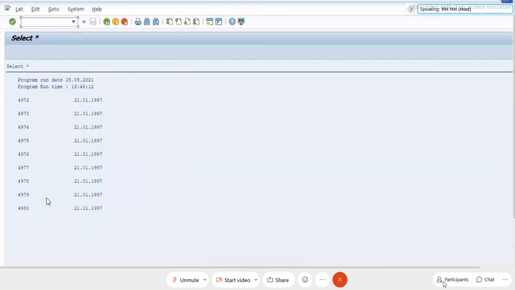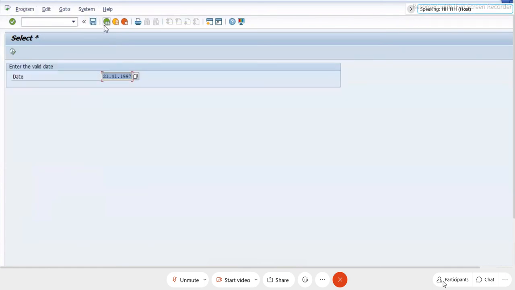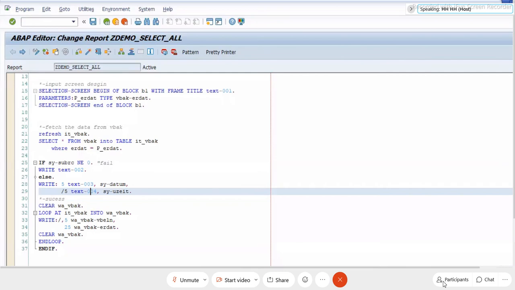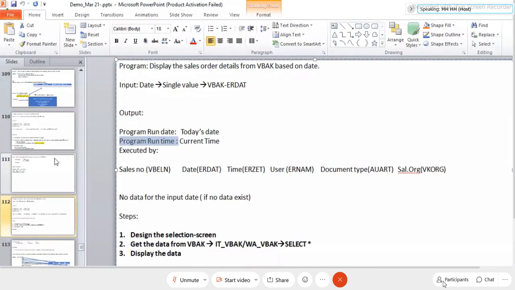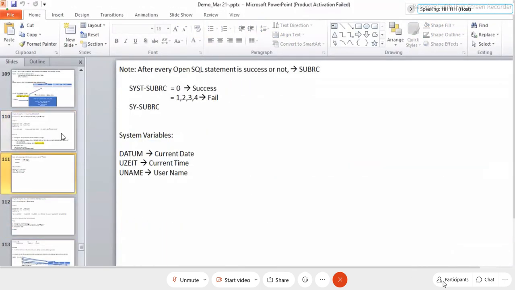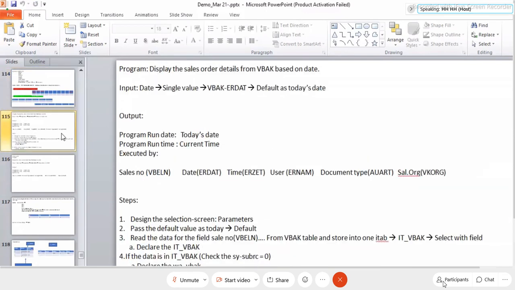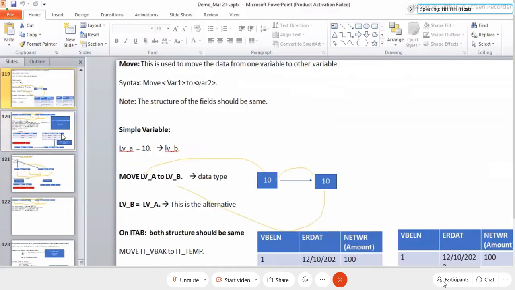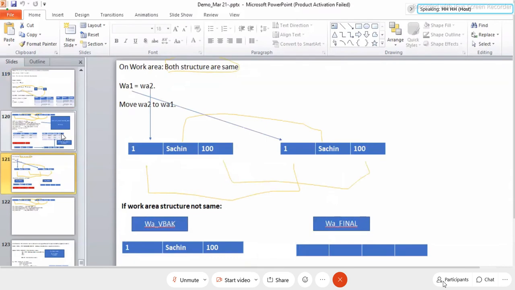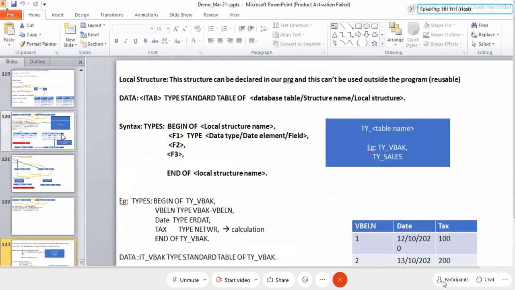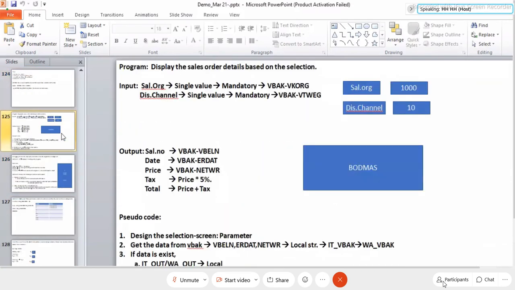Okay. So here I used some clear and refresh statements. Let me complete those clear and refresh statements here. Why do you need to use these refresh and clear statements? Whenever you are moving data, as I told you, you have to clear the data in your variables.